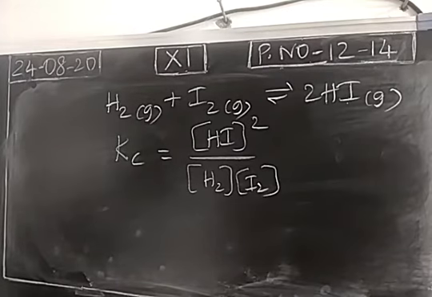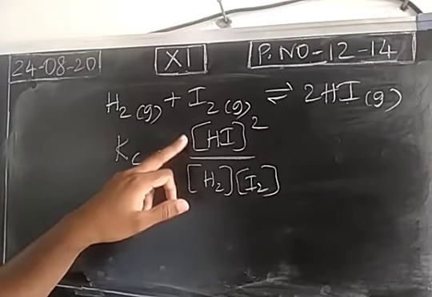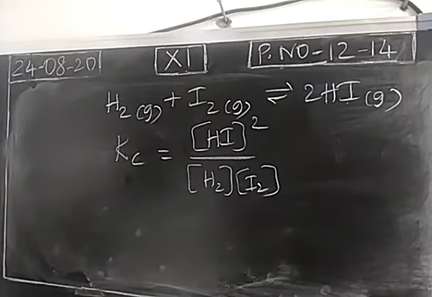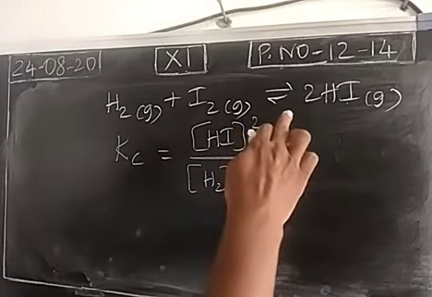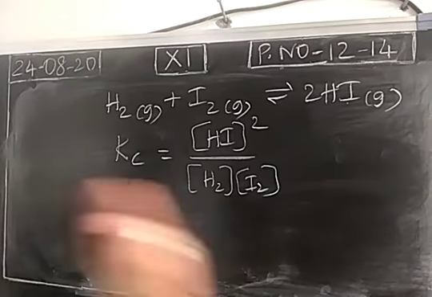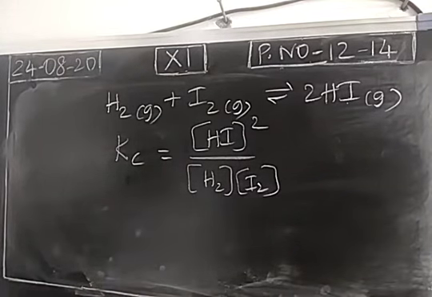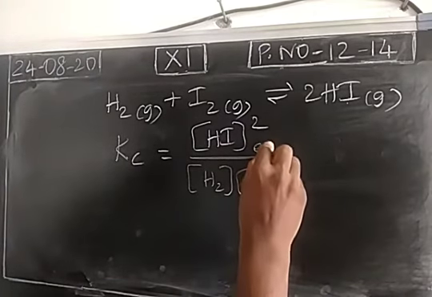Now the third application of equilibrium constant is to calculate equilibrium concentrations of product as well as reactants. As we discussed already, once equilibrium is reached, we will have a mixture of reactant and product, because the reaction will not have any end. We won't get only product, at the same time we won't get only reactant. The rates of forward and reverse reactions are equal, so we get only an equilibrium mixture. The equilibrium mixture contains both reactants as well as product. So at this stage we call the concentration the equilibrium concentration.